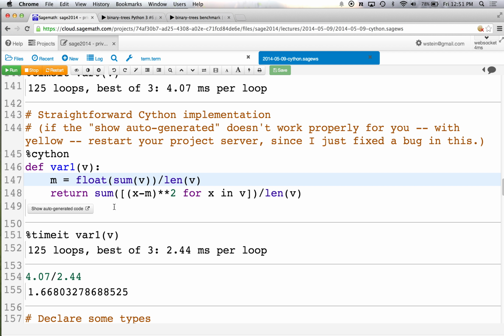But this is the same code as what we had above. What happens is that line by line, this is converted into C code, compiled, and then linked in dynamically to our running Python session. And it turns out that it's a little bit faster, but not much faster, because Python itself is really just a big C program.